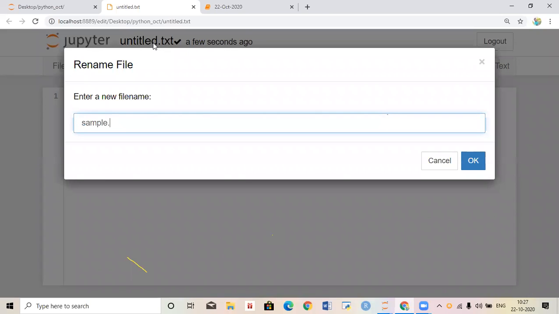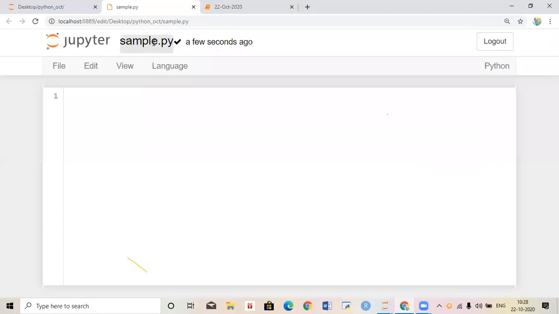Sample dot py. Just give .py, it will convert a text file into a Python file. To save a Python file, the extension is .py. Just rename the file name with .py, sample.py. Now we are seeing this is a Python file. Just click on this one and change it to sample.py. In the same location I created one Python file. Now I want to write something in this Python file.